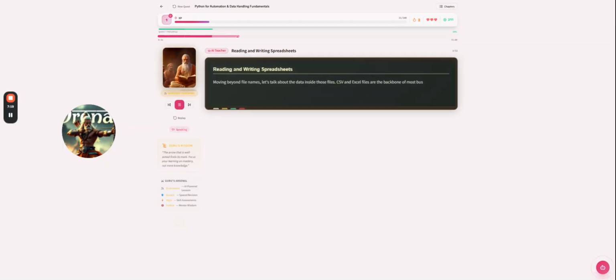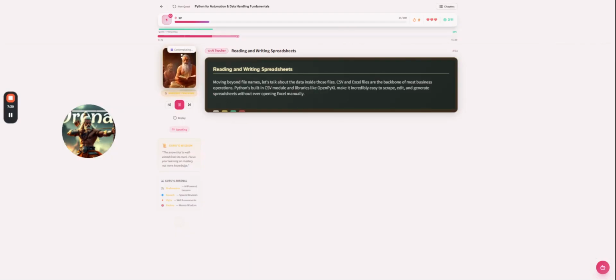Moving beyond file names, let's talk about the data inside those files. CSV and Excel files are the backbone of most business operations. Python's built-in CSV module and libraries like OpenPyXL make it incredibly easy to scrape, edit, and generate spreadsheets without ever